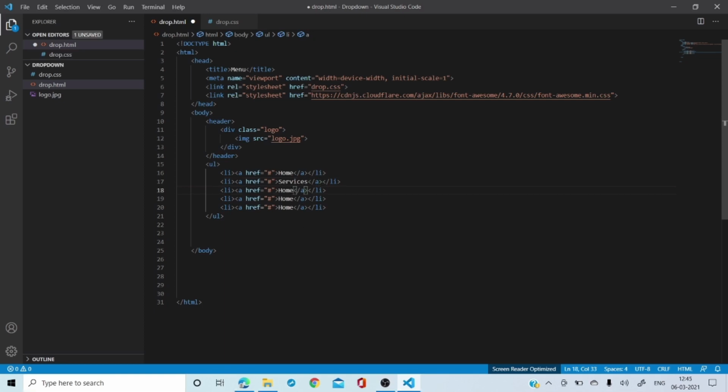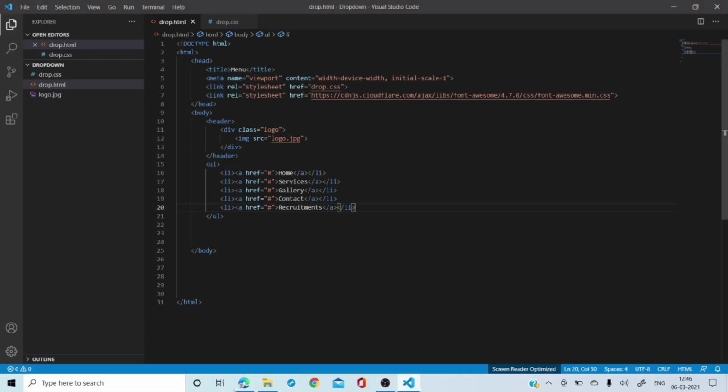Okay, my gallery. Other than my gallery, what else can I put? I can say, okay, contact, and maybe the last part I can put is recruitments. Okay, so this is the thing. Let me go here and show it to you. See, this is how they look.